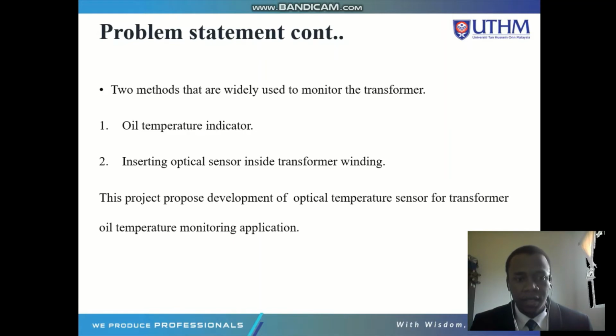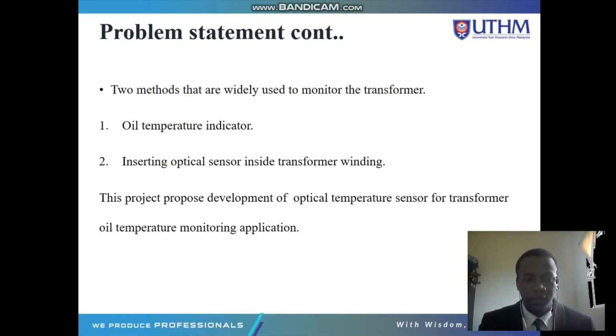As for the second one, it is inserting the optical temperature sensor inside the transformer. This also uses an optical temperature sensor, but the method here is they have to put the temperature sensor inside the transformer winding. It means it's a very complex method, and they need to design it. They need to put the sensor inside the winding when the transformer is being designed. It means you cannot put the sensor in after the transformer is complete and everything. So